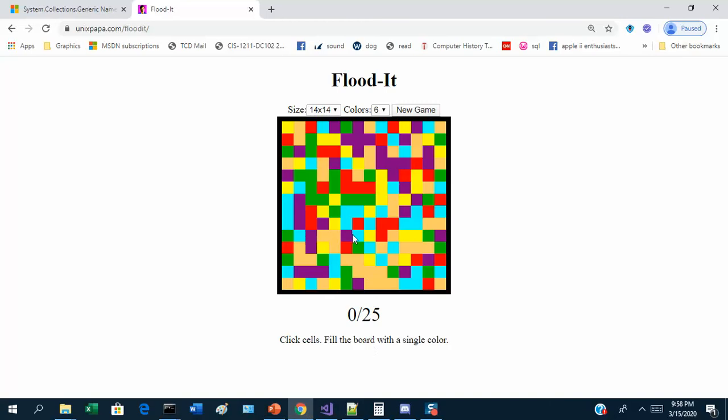Now, let's look at this game here. This is the game that we're going to make in the next video, or in the next installment here. The purpose of this game is to try to get the board to be all one color in 25 moves. And you do that by bucket filling, or clicking on a square. When you do that, it'll bucket fill the top left square with that color. So if I click on blue, it'll now bucket